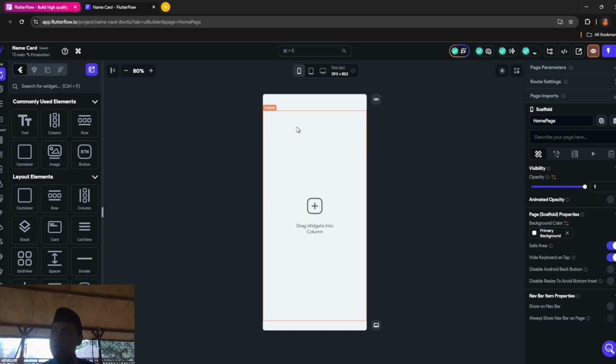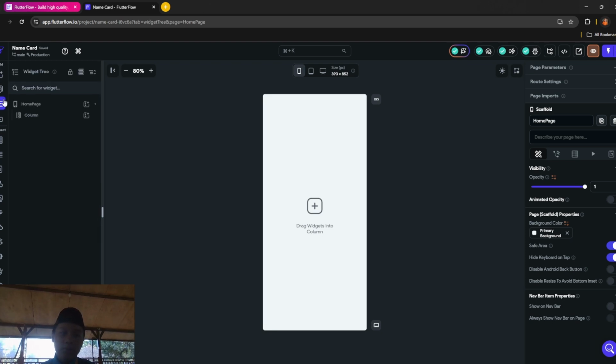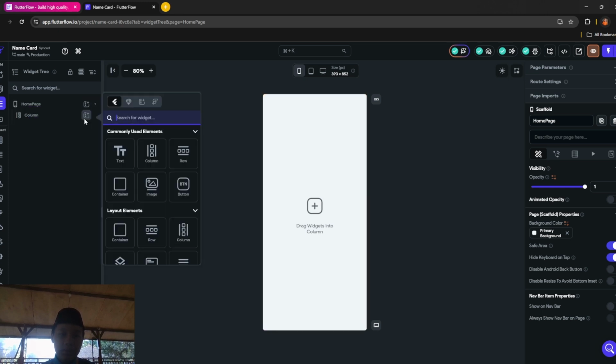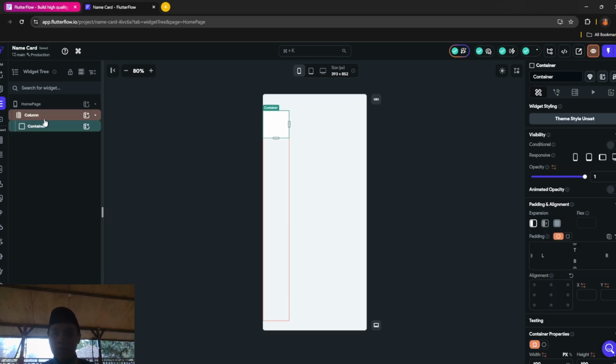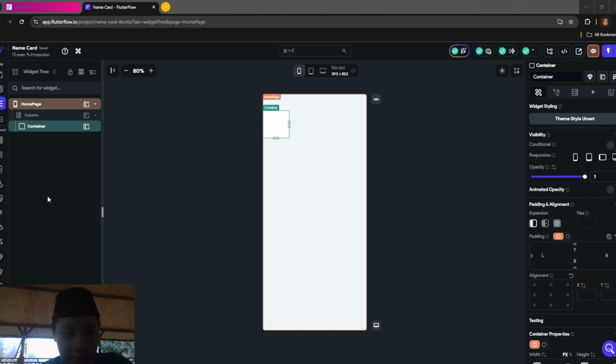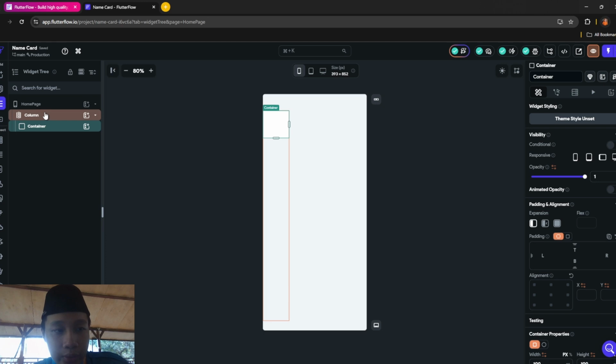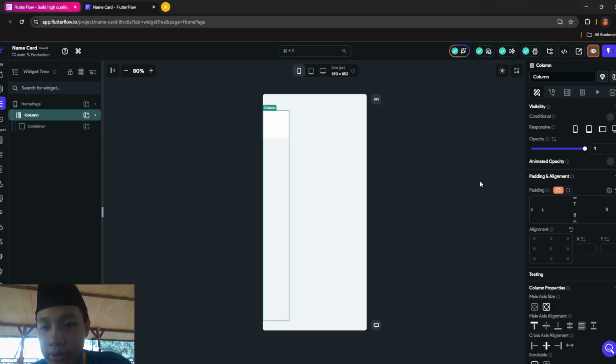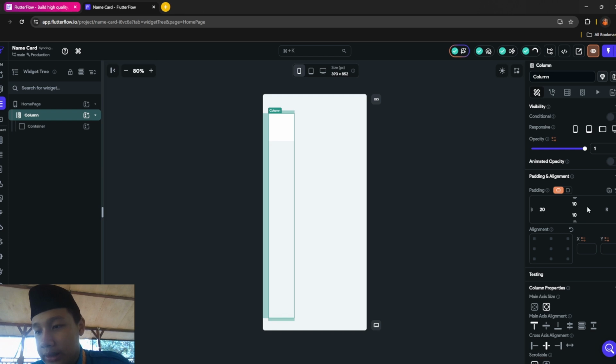And then after that you want to add a container by pressing this child and then container. It should be like this, and you want to add padding to this column: top 10, bottom 10, left 20 and right 20.